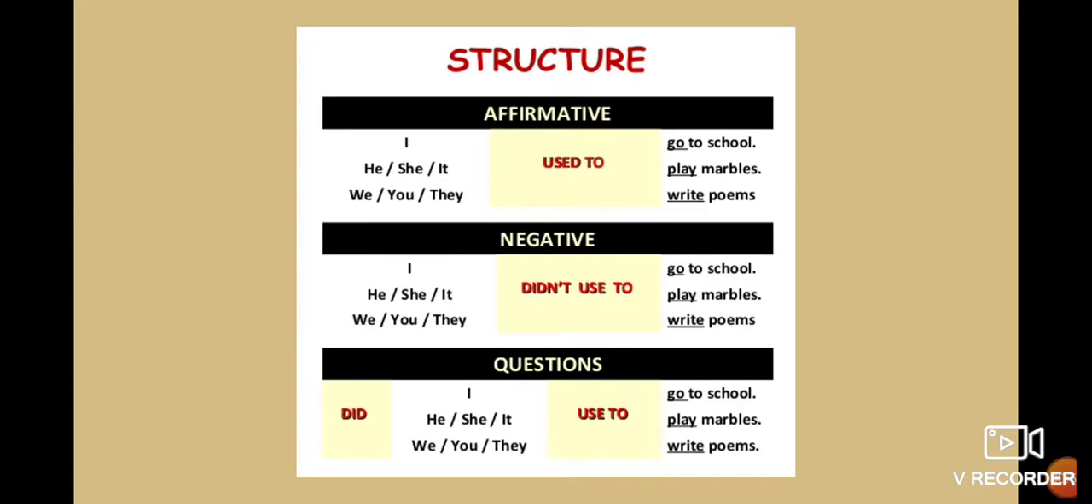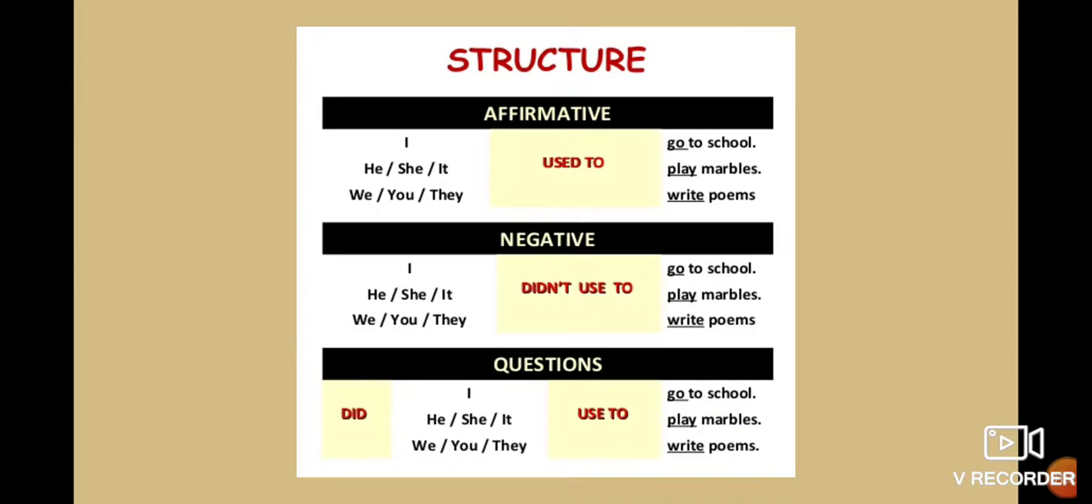For example, go to school, play marbles, write poems. And if we read the complete sentence, this one says, I used to go to school. Solía ir a la escuela. She used to play marbles. Ella solía jugar canicas. You used to write poems. Tú solías escribir poemas. Okay, that means this action happened in the past, not in present, not in future, exclusively in